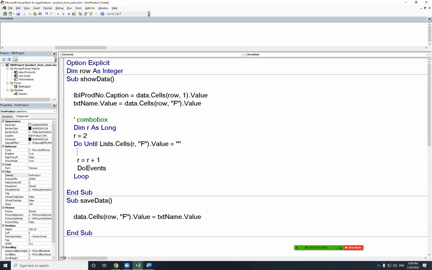And now we're going to tell it, put the values into that combo box, into the list of the combo box. Here's how we do it. Name of the combo box, there's a method for this. CBO